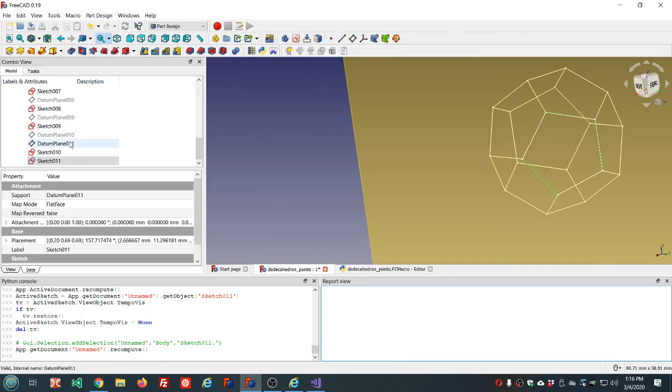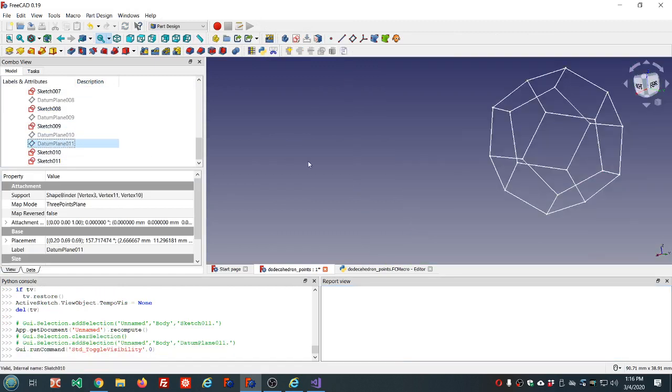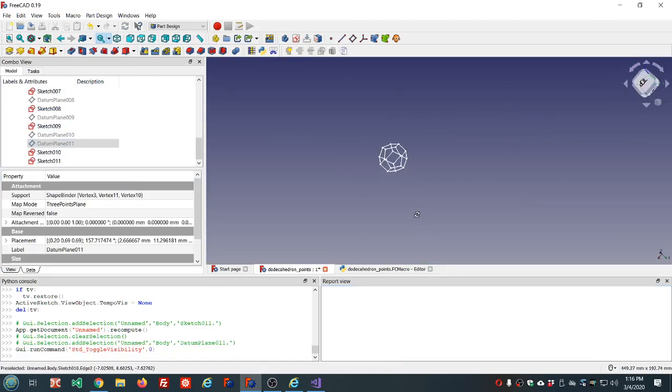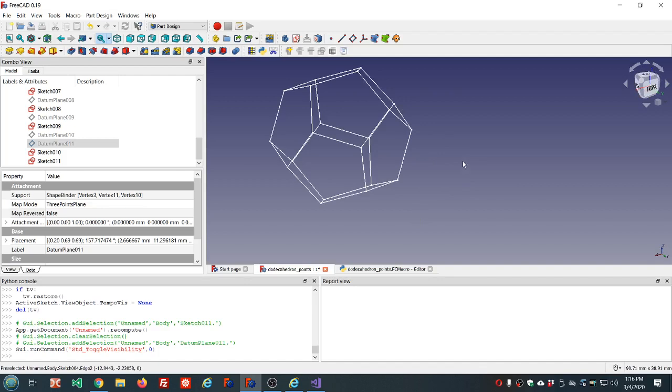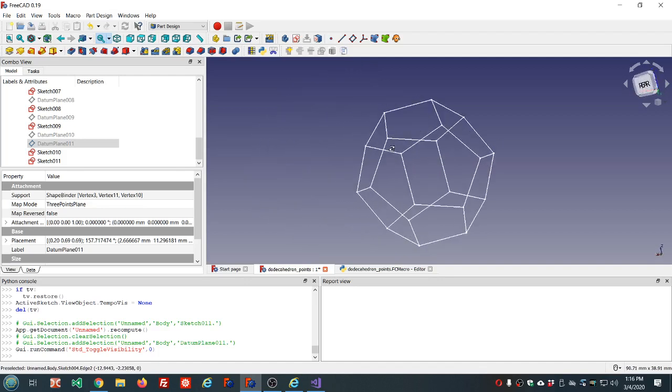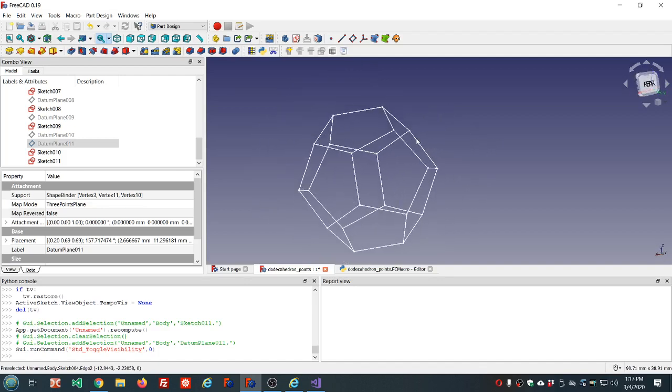Clear that out. Alright, so here's our shell or set of sketches. And if we put our sphere in there, just to look at it,